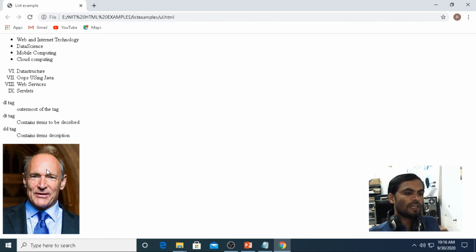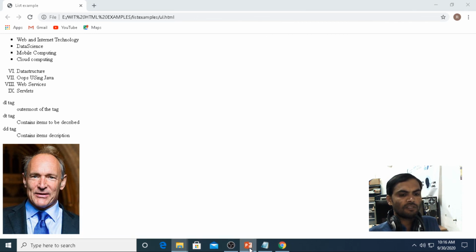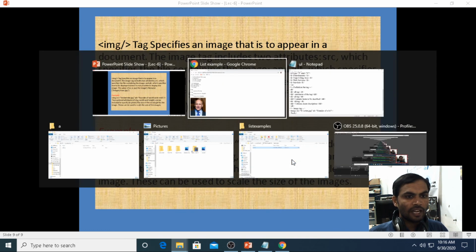We can give the height and width, which are optional. Two optional attributes of the image are width and height.